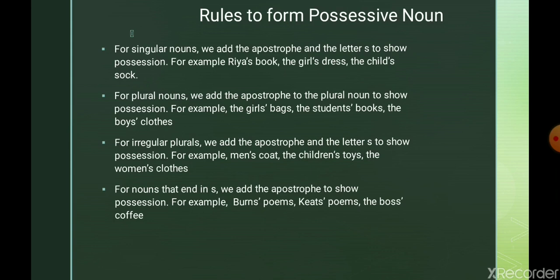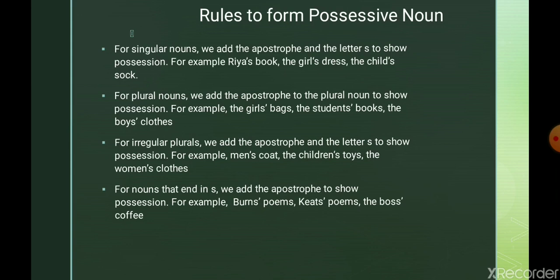And that is the reason that when we are talking about girls' high school, the apostrophe is put after s and not before s, because over there we are talking about so many girls. The plural noun is used over there. That is why we write girls' high school and the apostrophe is put after s. Is it clear?